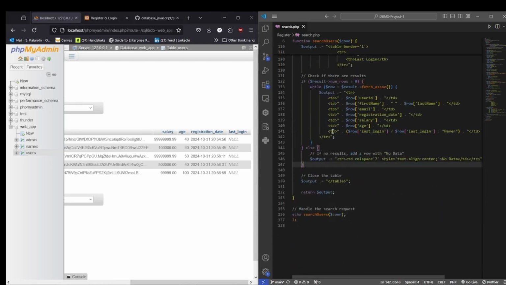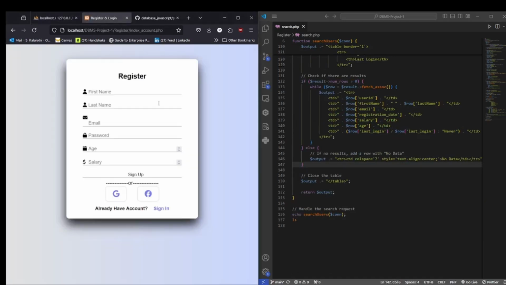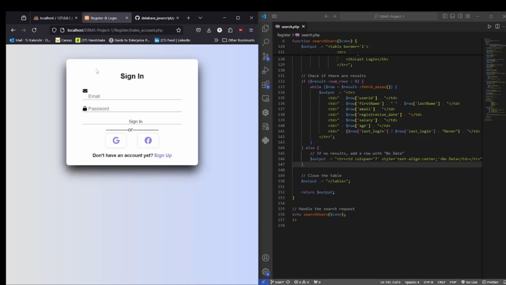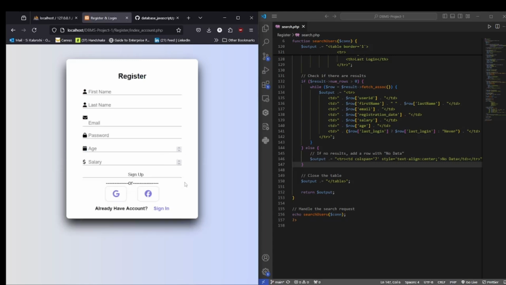So finally, let's go to the register and login. Okay, let's first go to already have an account, sign in. This is for all the users, but if you don't have an account, and as I said before, admins are not supposed to register. They are already given an account and it's already on the tables inside the database, but this is where you create a